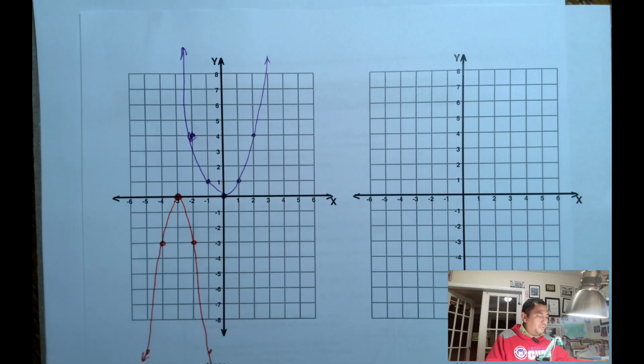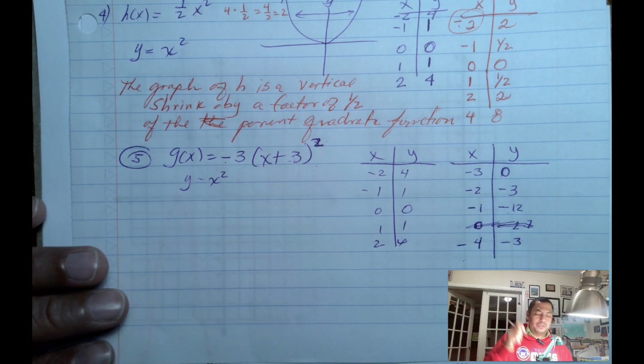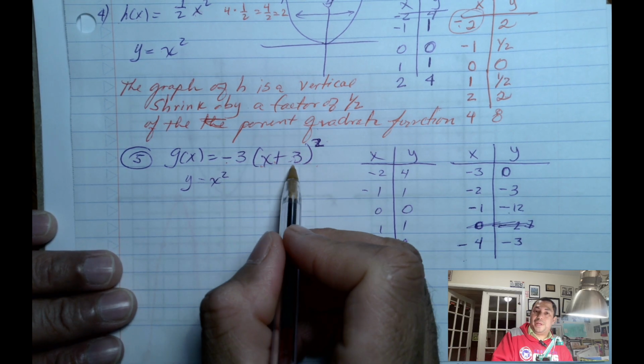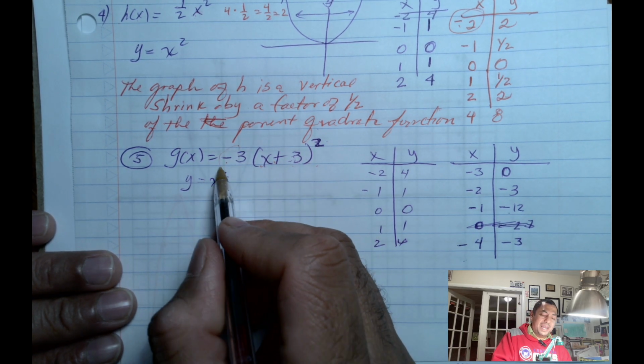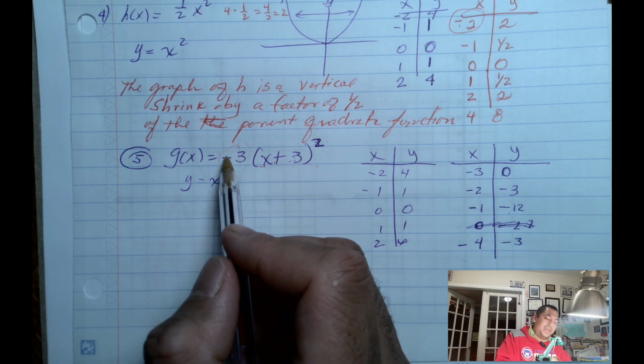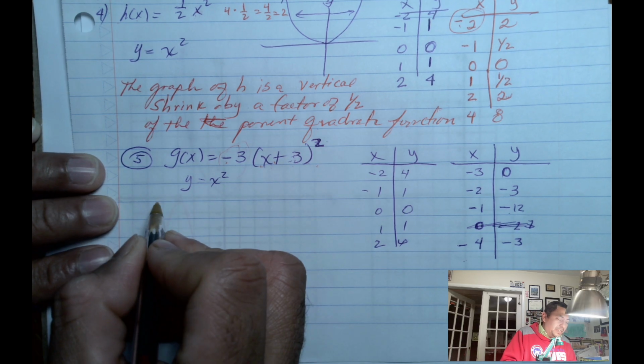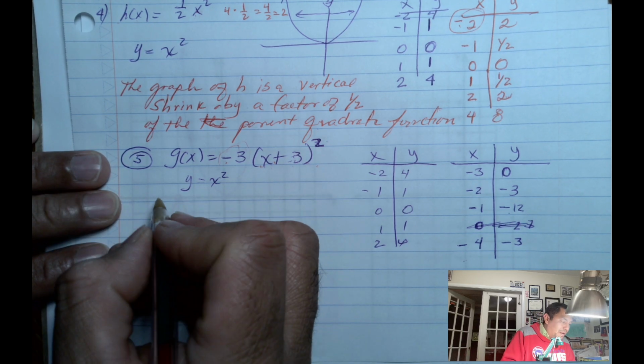So what we're going to do, we're going to describe this one. So we have the x plus 3, and we have the negative 3. We have the 3 and the negative number. So we have 3 transformations. So what would be the description of this one? I have the graph of g